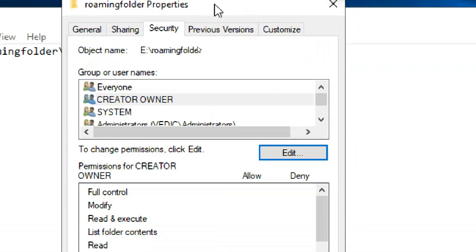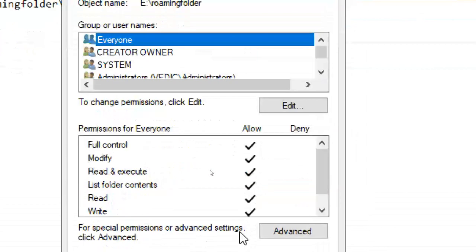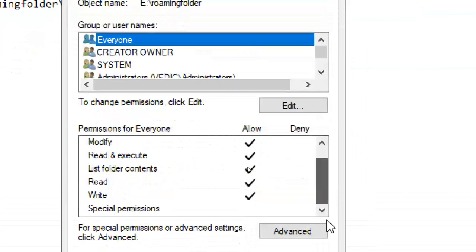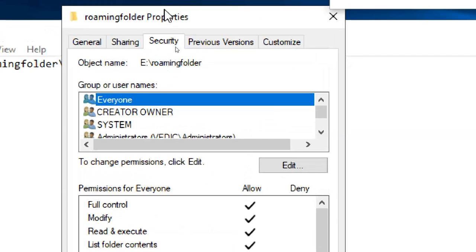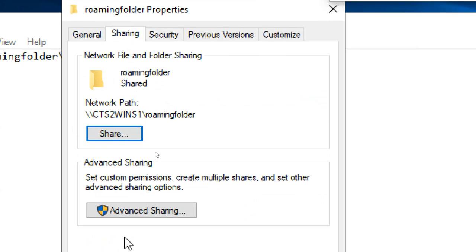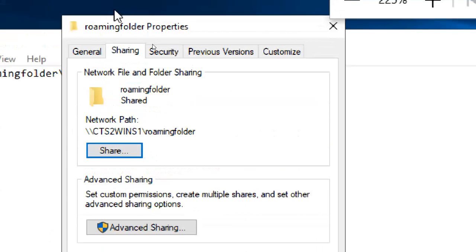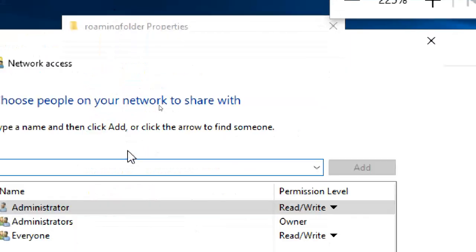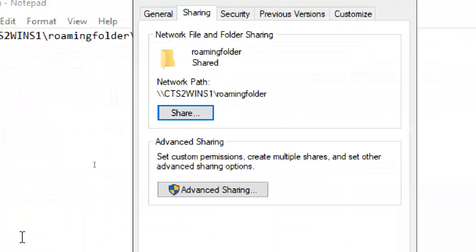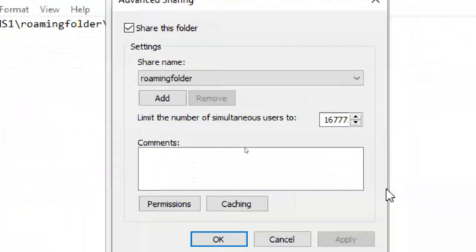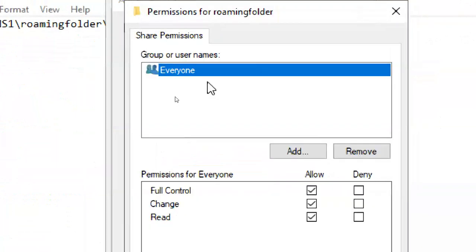Apply. Okay. Now if you see everyone, all permissions, read and write, every permission, you got it. You didn't get a special permission, but for the first time you do it this way. You can add specific permissions also.